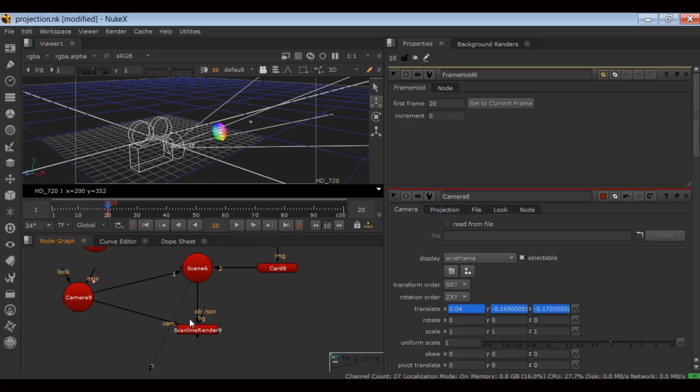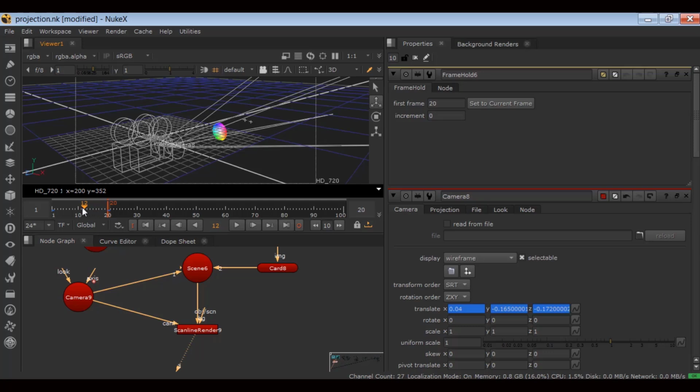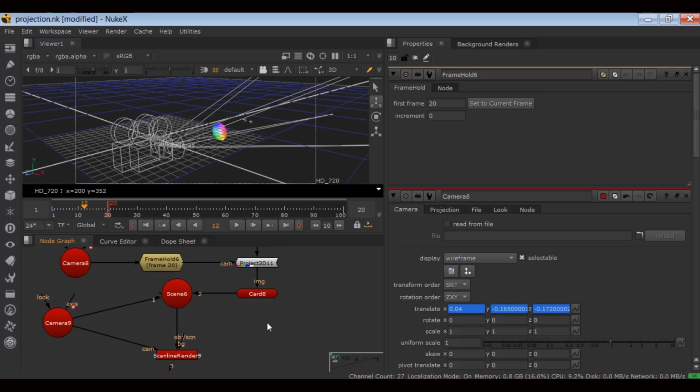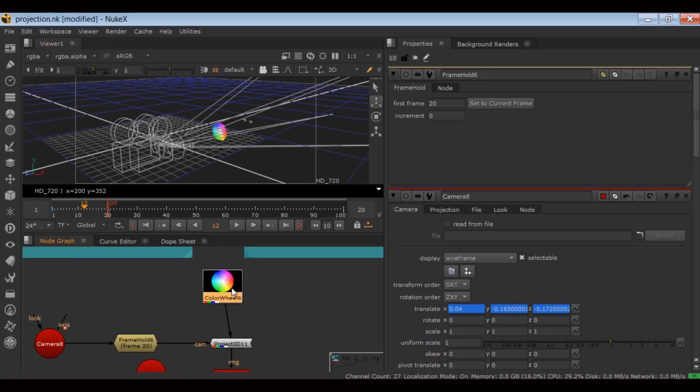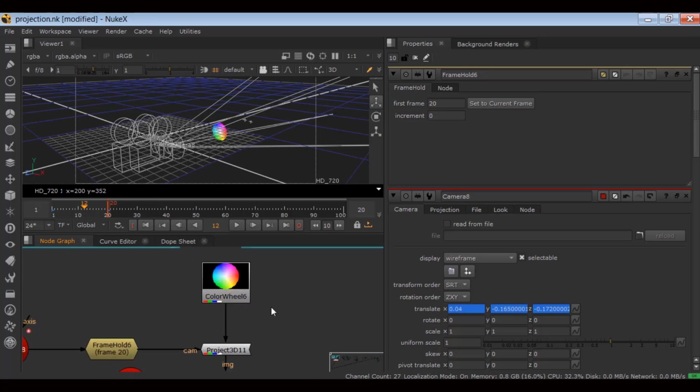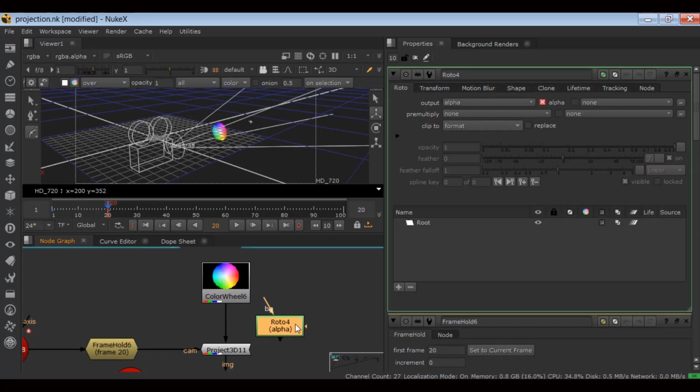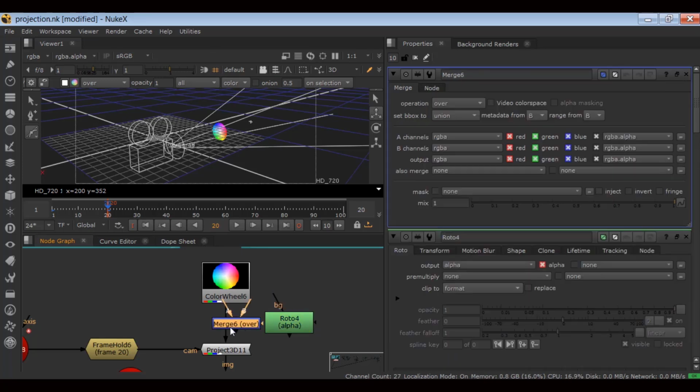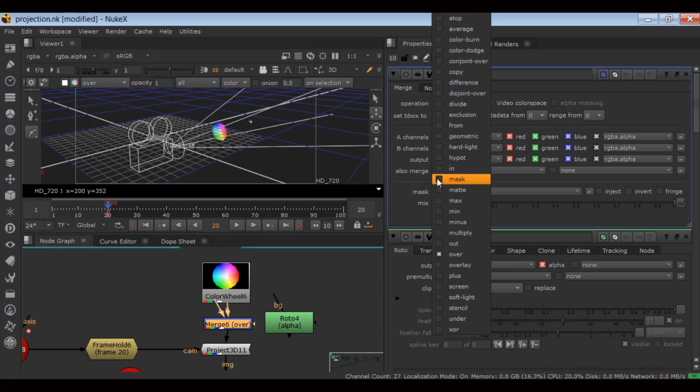If I look through the scanline render in the 3D viewer, you can see my second camera and my projection camera. Now you can see our image is static in its place, and our main camera makes its move, and if I decide to make any change to the texture, which is the color wheel, it will be projected and will be seen in the final. If I make a roto on this color wheel at frame 20 and merge it with the operation set to mask,